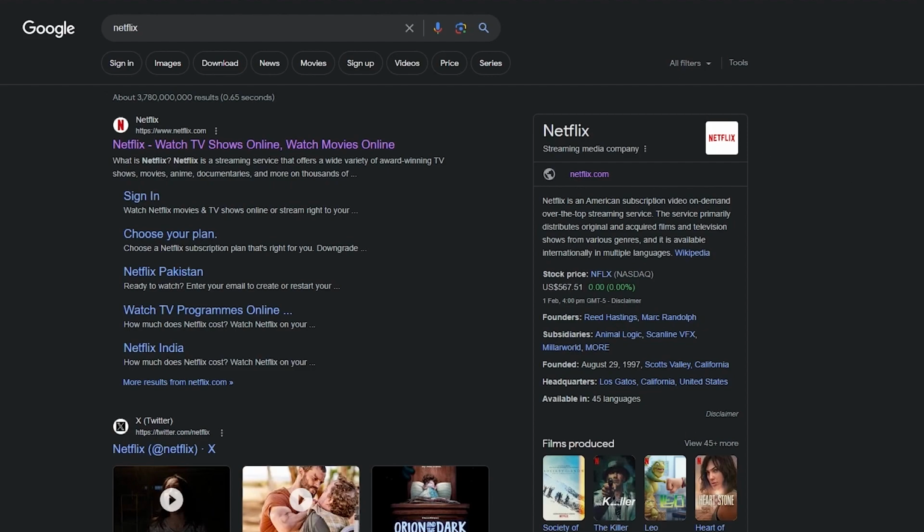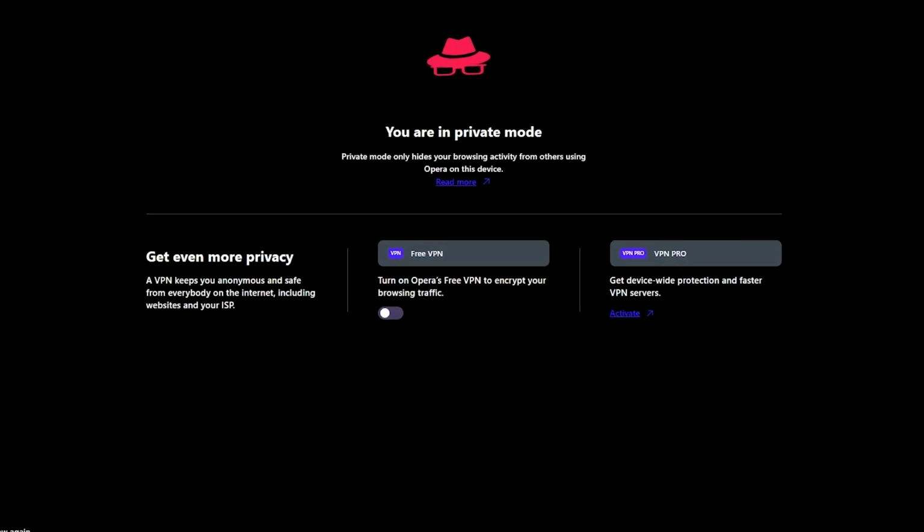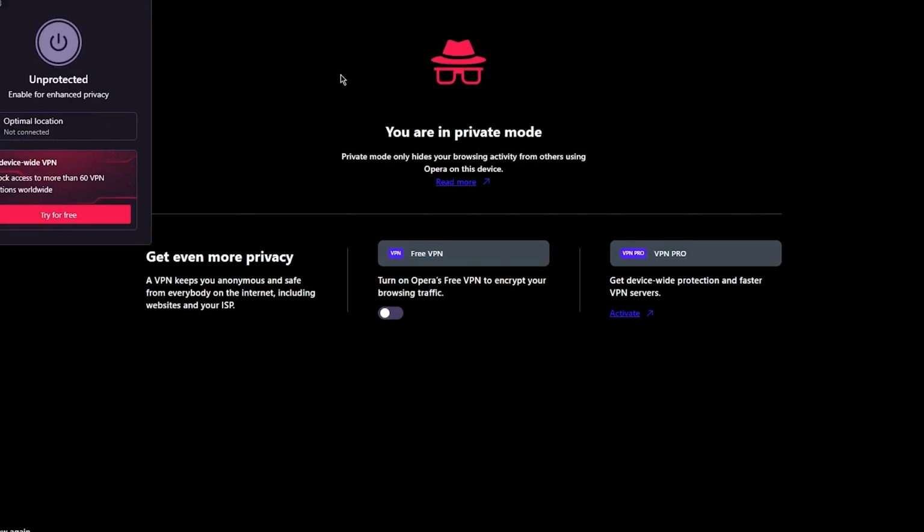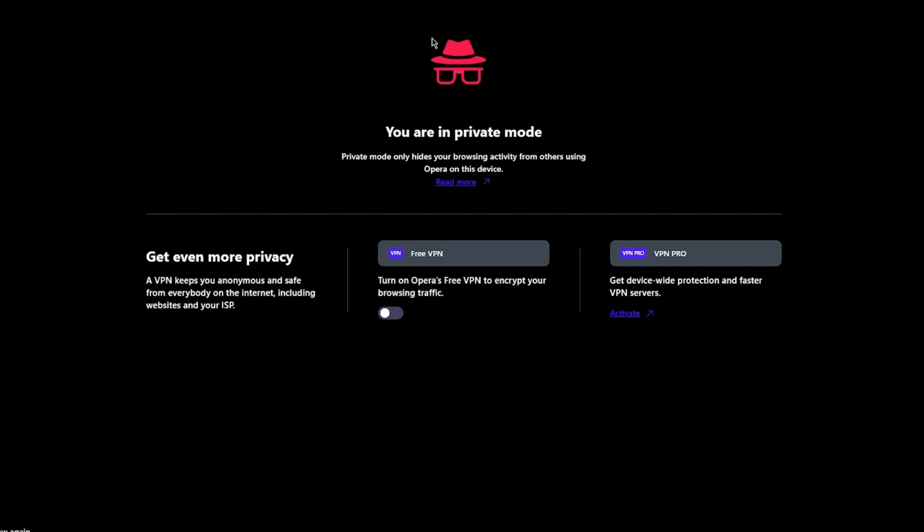On Opera, you simply go over to its incognito mode, and here you have your very own VPN, which you can use privately and simply, which is pretty incredible. And it gives you access to all different types of websites that will not run without a VPN.